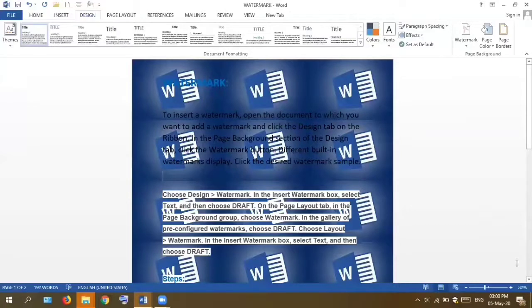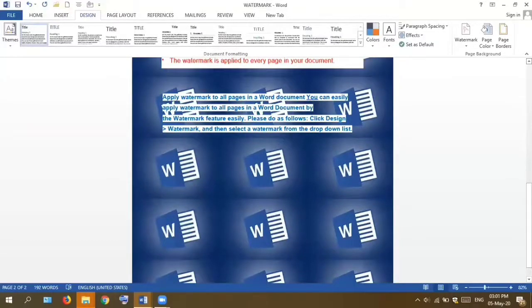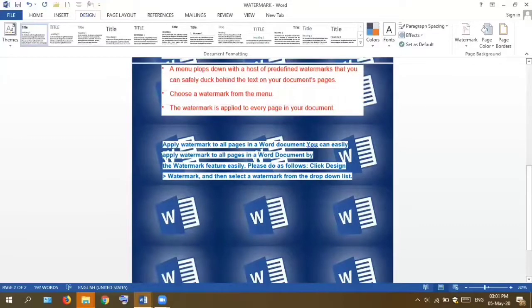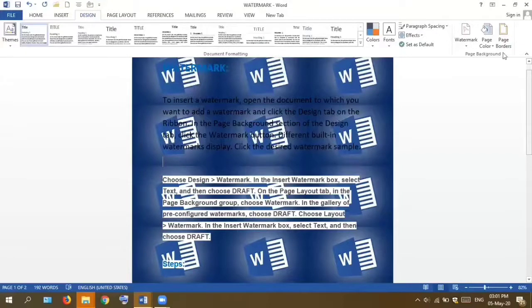The picture is changed here, and there are small pictures on this page. Small portions of pictures are added on one page, so it depends on which industry you are working or how you want it to look. So this is how to add picture on the back of your page.